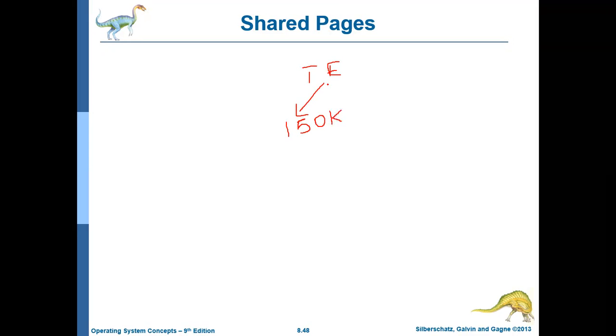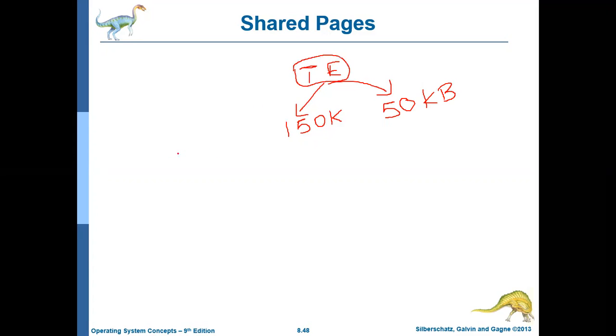Every process will have some code section and data section. The actual code will go into the code section. The data that is used by that particular software will go into the data section. So it needs 150 KB of code space and 50 KB of data space, for one software, that is a text editor.